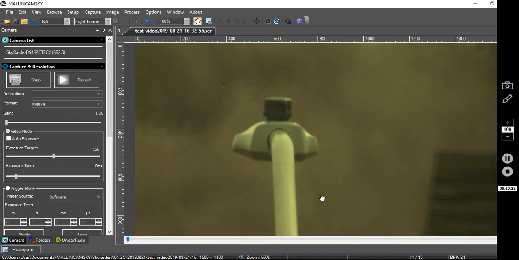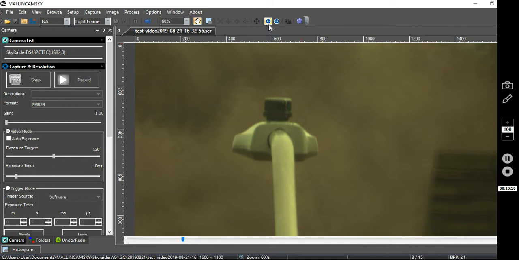Now it says in the window that this is the SER, and it says right over here I'm looking at frame 1 of 15, and at the top this little icon is now active. So I'm going to click it once, and it's moved to frame 2 of 15, and now I have the option of going back. So I can go next frame, or back frame. I can move around and look at each frame individually in my